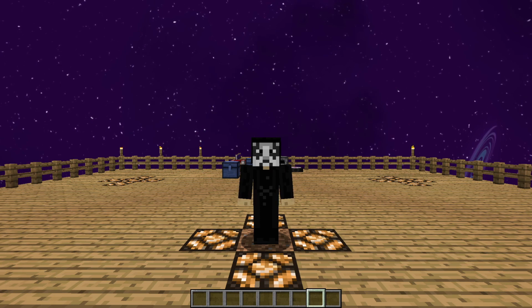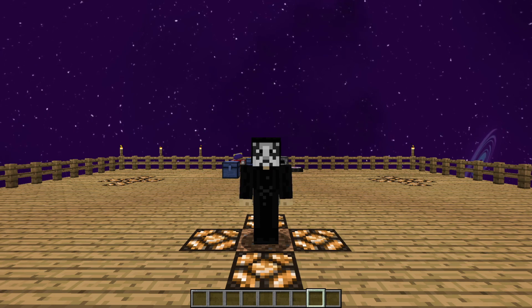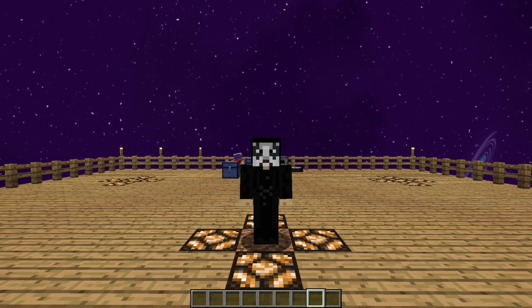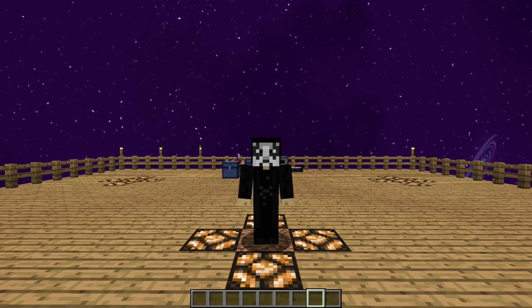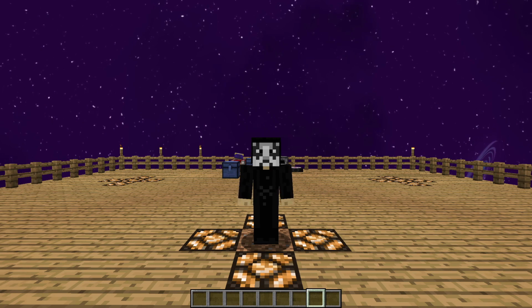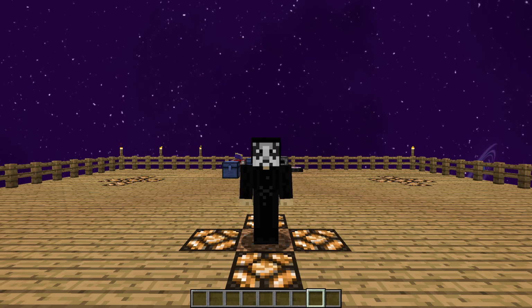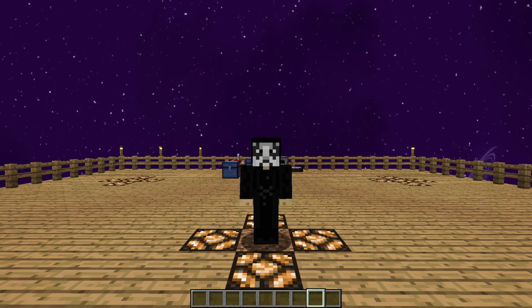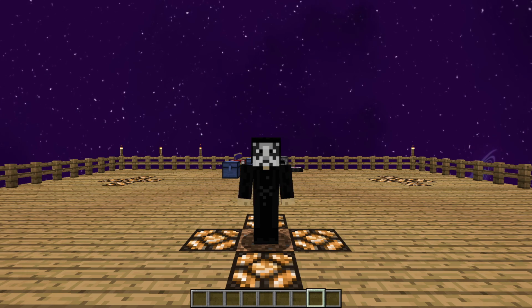Hello everyone, Onlydraven here again, and today we're doing another tutorial in Minecraft Sky Factory 4. Today I'm going to be showing you how to use the Flux Configurator, which is a handy little tool, a part of the Flux Network mod, that you can use to help configure and set up your Flux network with